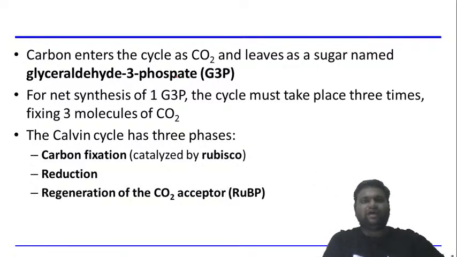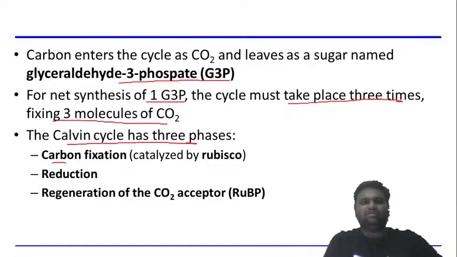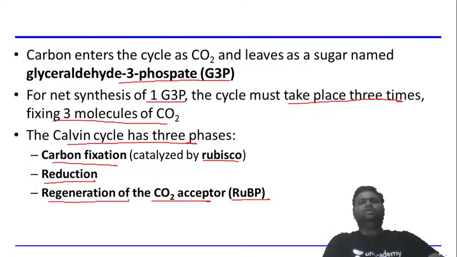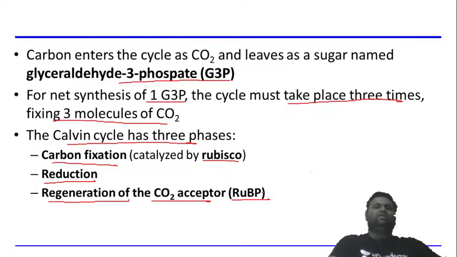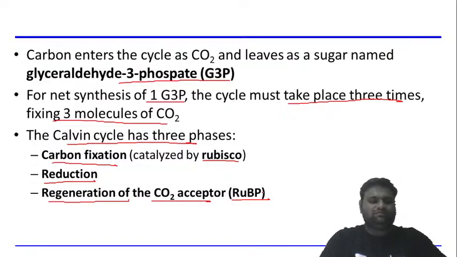So carbon enters the cycle as CO2 and leaves as a sugar named glyceraldehyde 3-phosphate. For net synthesis of one molecule of glyceraldehyde 3-phosphate, the cycle must take place 3 times, fixing 3 molecules of CO2. तो कैल्विन साइकिल के 3 फेजेस होते हैं। एक होता है कार्बन फिक्सेशन, जहाँ पे इट इज़ कैटलाइज्ड बाय रूबिस्को एंजाइम, देन देयर इज़ अ रिडक्शन, एंड देन देयर इज़ द रीजनरेशन ऑफ द CO2 एक्सेप्टेड बाय RUBP। तो 3 स्टेप्स होते हैं कैल्विन साइकिल में: कार्बन फिक्सेशन, रिडक्शन एंड रीजनरेशन ऑफ CO2 एक्सेप्टर।